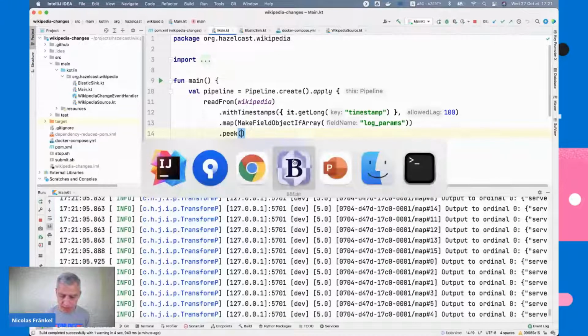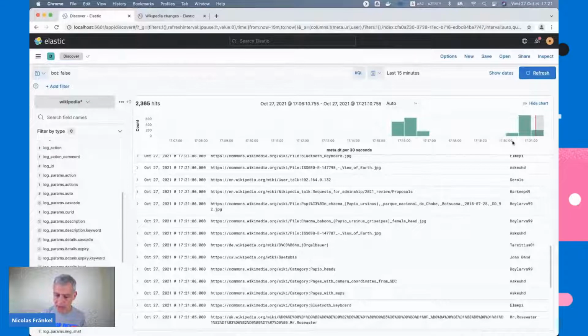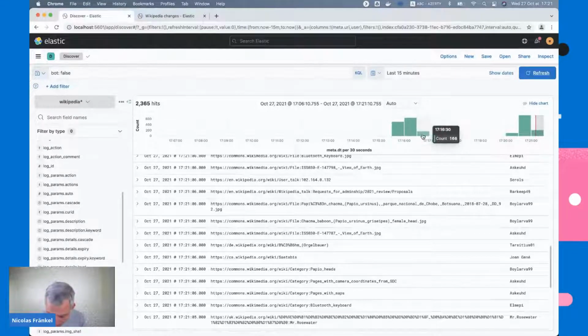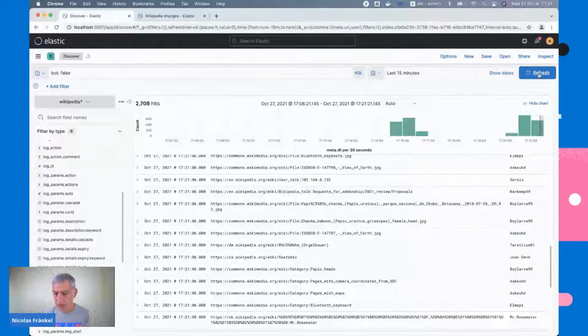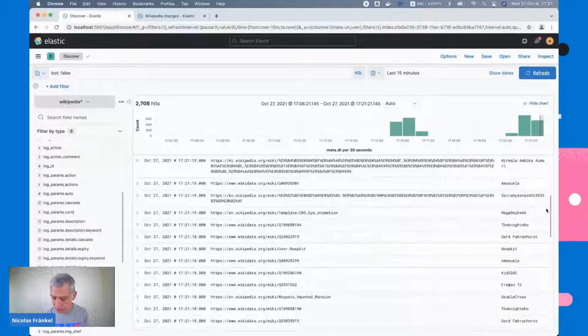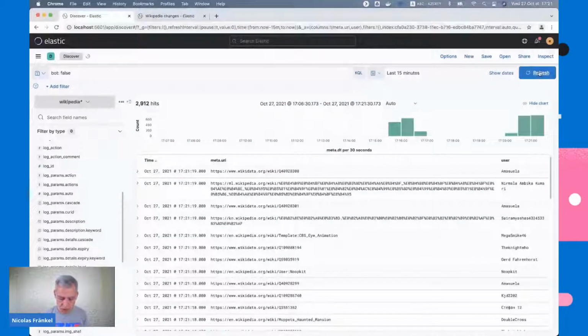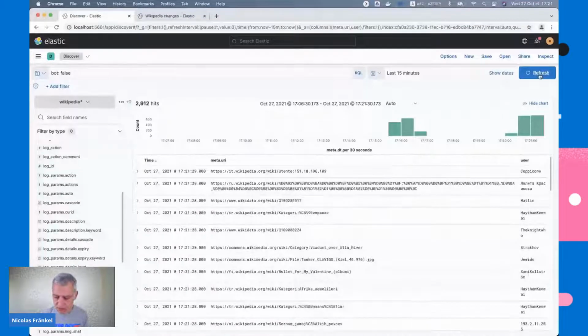Let's check again here. So I will refresh it. I will just wait a bit to make sure that we don't hit the issue, because here we've got 1.5 minutes of data. So you can see we already have more data. So perhaps it's random, and perhaps we were not lucky before, or perhaps we fixed the issue. So I believe here we have fixed the issue, and you can see it continues to read and to write.